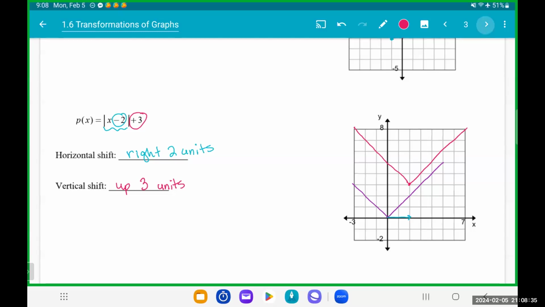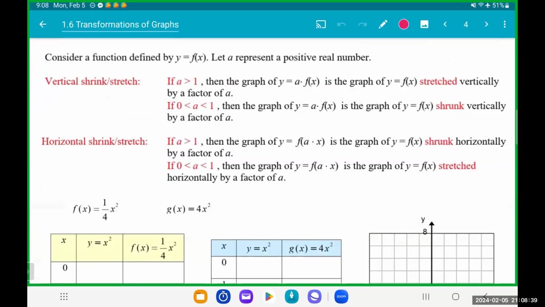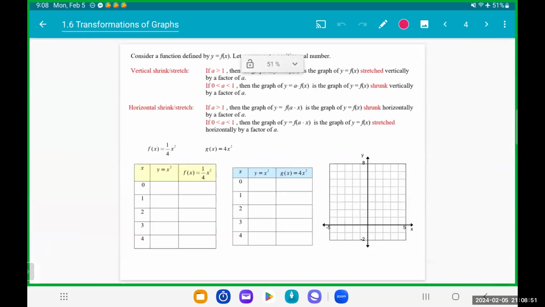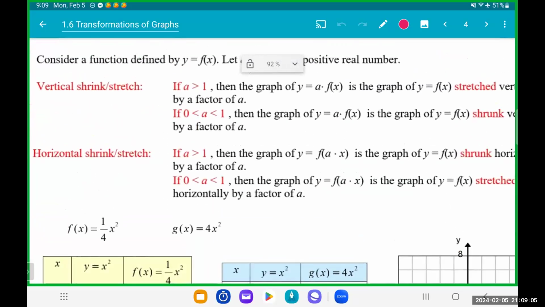Okay. All right. So next, just for the sake of time, because I spent a little extra time going over how to do things in Canvas and getting to Alex and stuff, I'm not going to cover filling in the table, but I am going to give those values to you all. But we're not going to talk through each of the individual calculations. So the next type of transformations that we're looking at is vertical shrink and